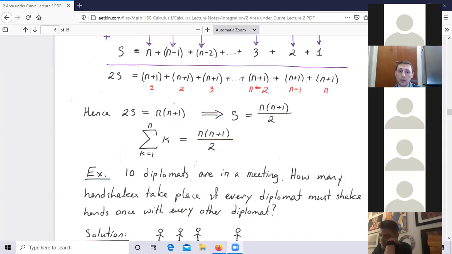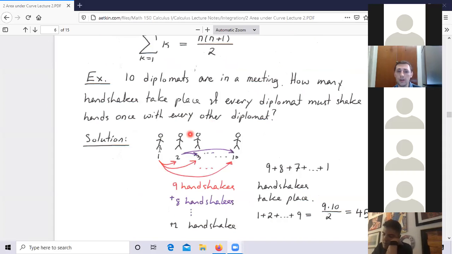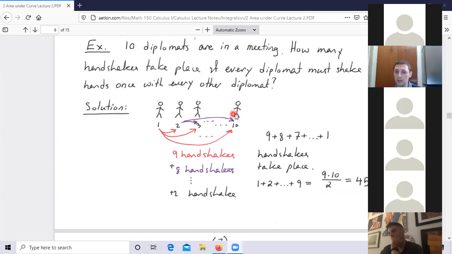Do you understand how we do that? It's very simple. So how can we think of it? First, a diplomat can go and shake 9 people's hands, right? So the first diplomat will experience 9 handshakes. The first diplomat has now shaken hands with everyone, so he can be eliminated, right? So it's 9 handshakes. Then the second diplomat will have 8 handshakes, and the very last diplomat, diplomat number